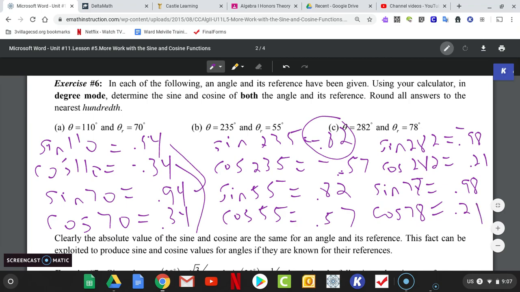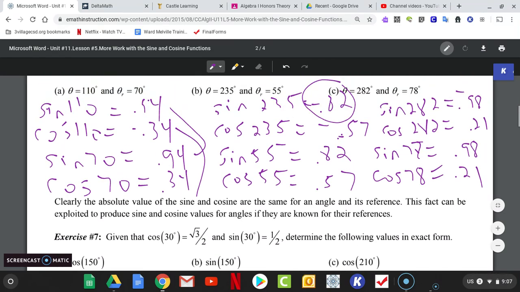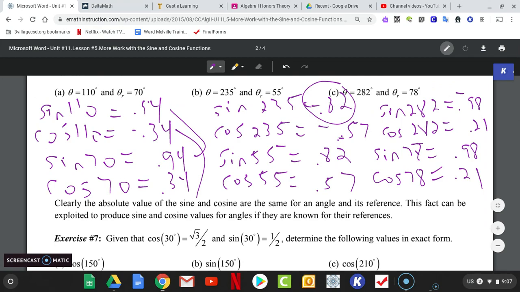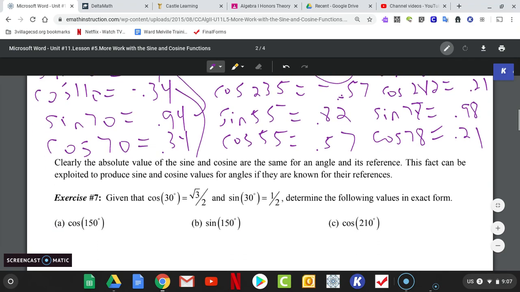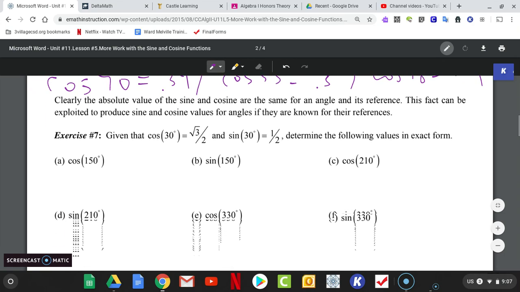It's just all calculator work, checking out the relationships between our angles and reference angles. Clearly, the absolute value of the sine and cosine are the same for its angle and its reference. Makes sense, right? The absolute value is the same. This fact can be exploited to produce sine and cosine values. Given that cosine of 30 is radical 3 over 2, and sine of 30 is 1/2, determine the following values